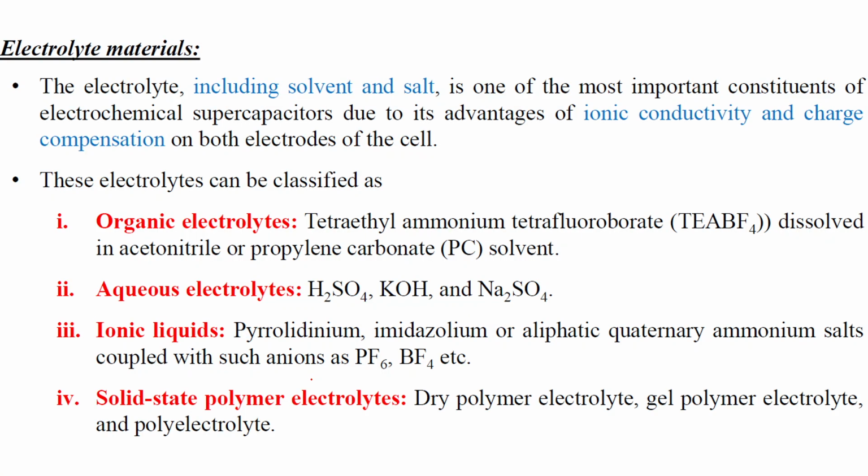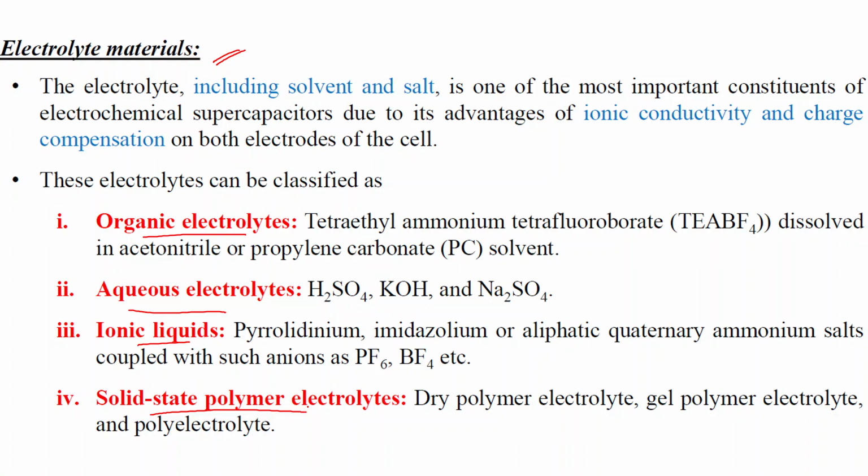Now coming on to the electrolyte materials. There are various electrolyte materials including solvent and salt, one of the most important constituents of an electrochemical supercapacitor. It is a very important element of a supercapacitor. So various types of electrolytes are used. Some are organic electrolytes, aqueous electrolytes are also used, ionic liquids can be used, and solid state polymer gel electrolytes are also used